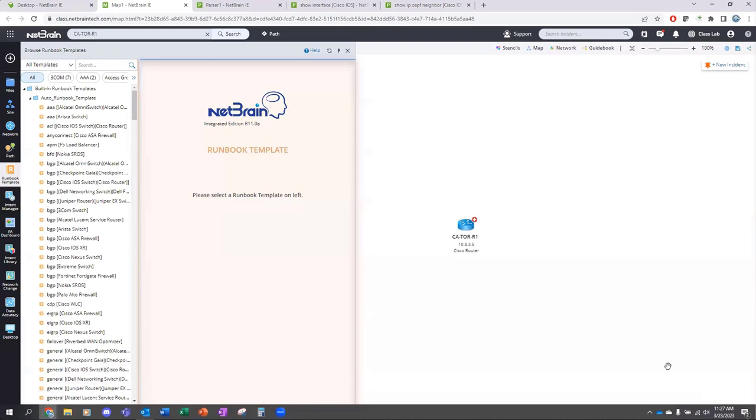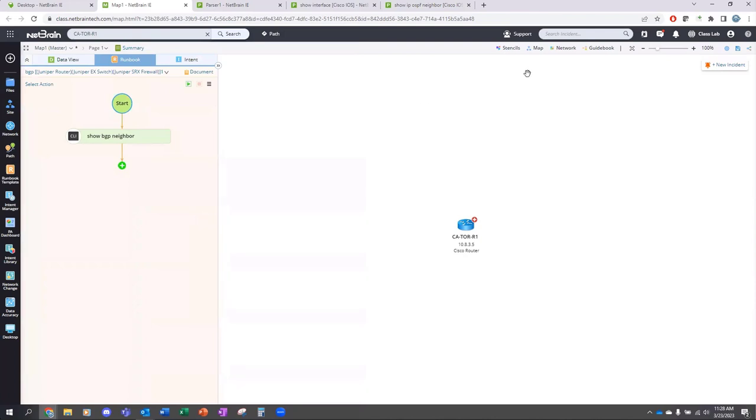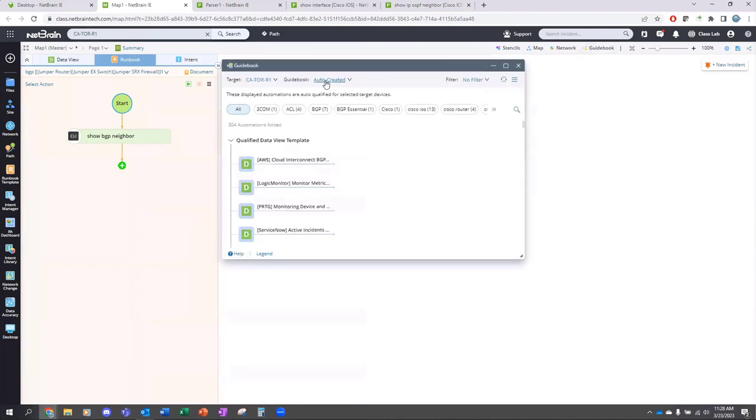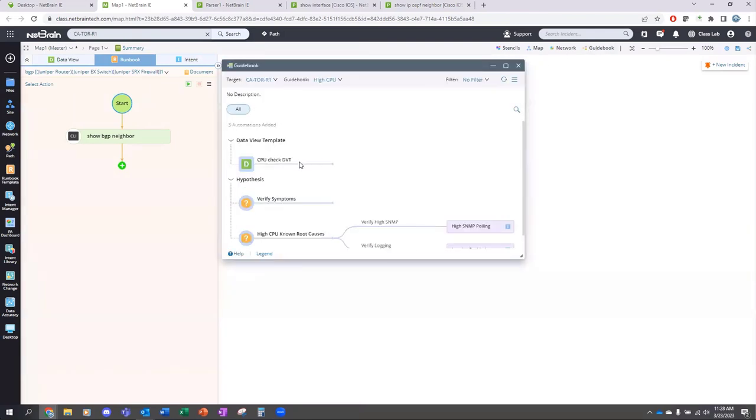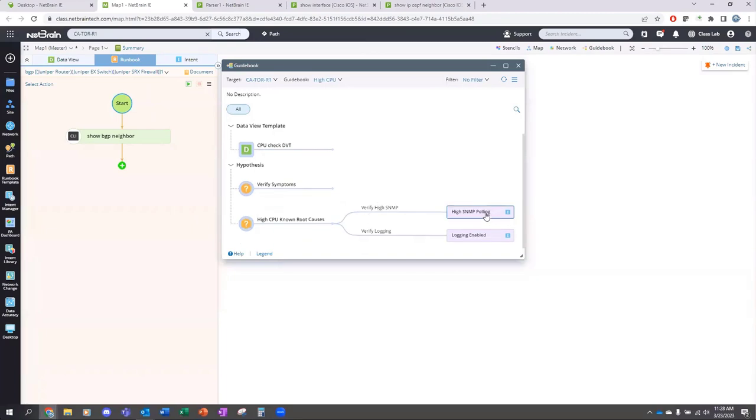Can you merge runbooks as well? Not mechanically, but there's nothing to stop you from making a runbook with different branches and so forth. But my advice is to keep your runbook templates for troubleshooting different specific things. And then we're not going to get into it in any of these classes, but there's a thing called a guidebook that you can make that will, based on different symptoms and so forth, point people to different runbook templates. So that would be almost your higher level